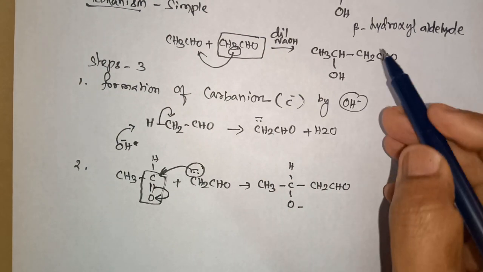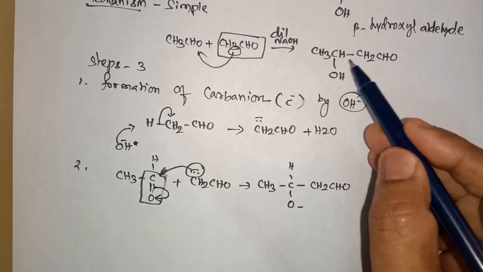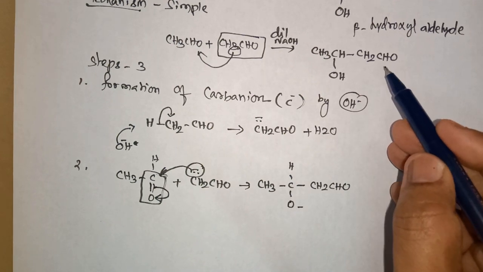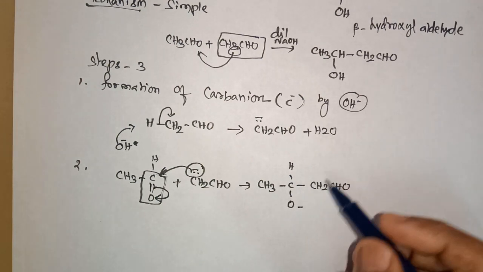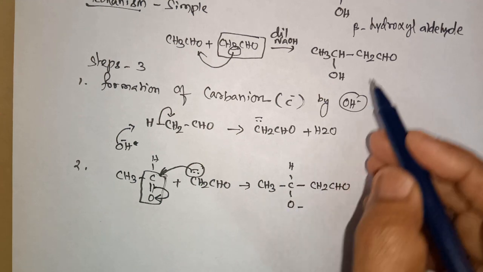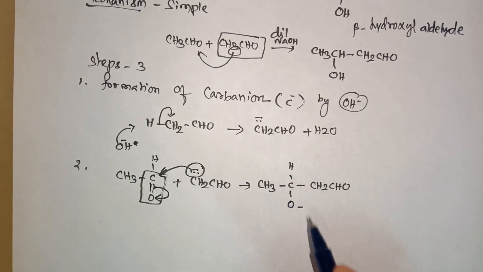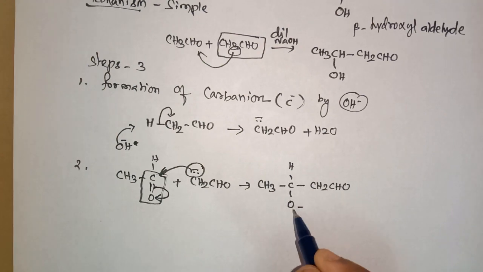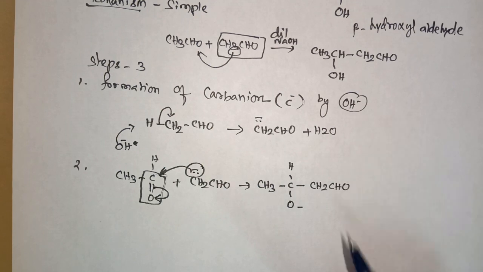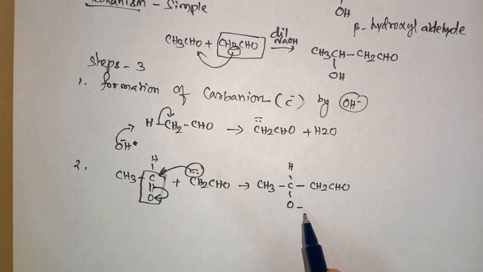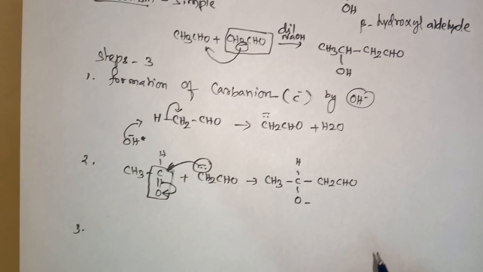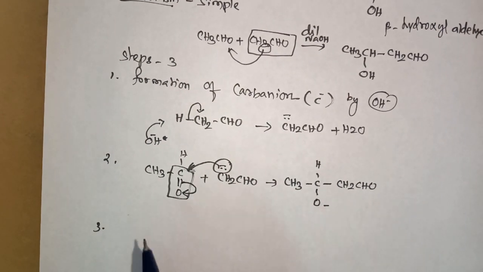Compare these 2. It is aldol we are getting in this. You see CHO here, here also CHO, CH2, CH, CH3, but here it is aldol, in what form? Anion form. So to convert this to aldol, it needs hydrogen. Since it already has a minus, it needs hydrogen in the form of H plus. So the third step is called protonation of this.